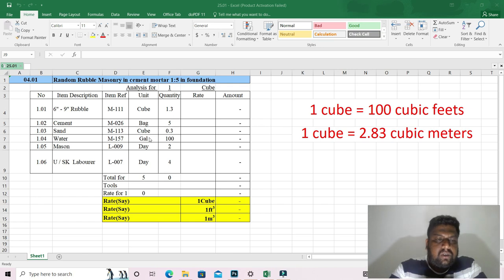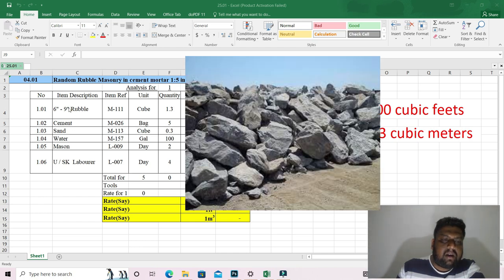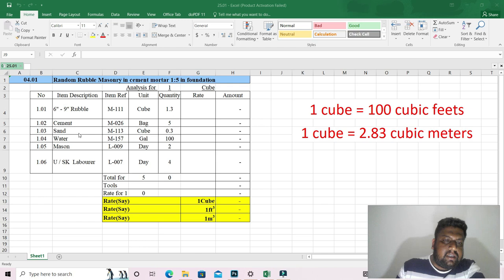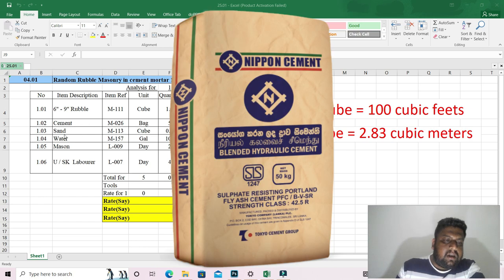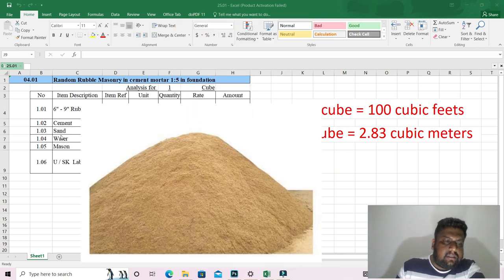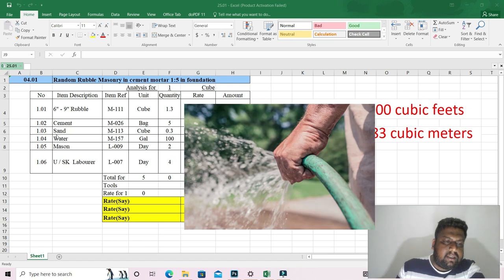Firstly you need to know what materials and resources you need to complete this work. For rubble work you need 6 by 9 rubble and cement and sand and water,